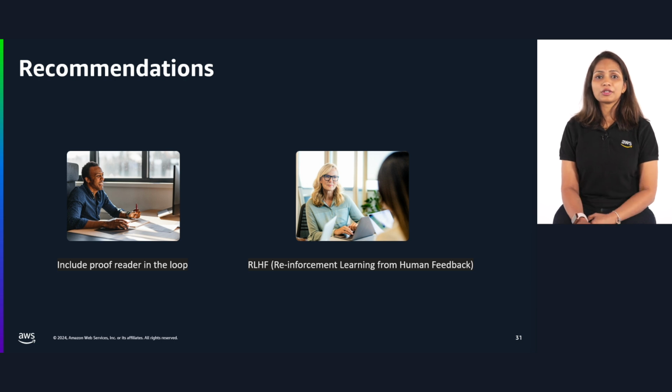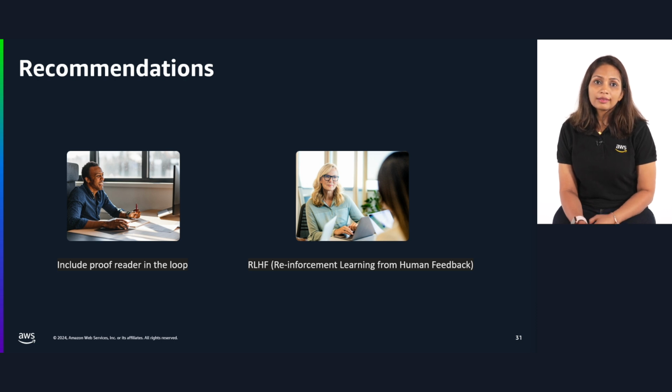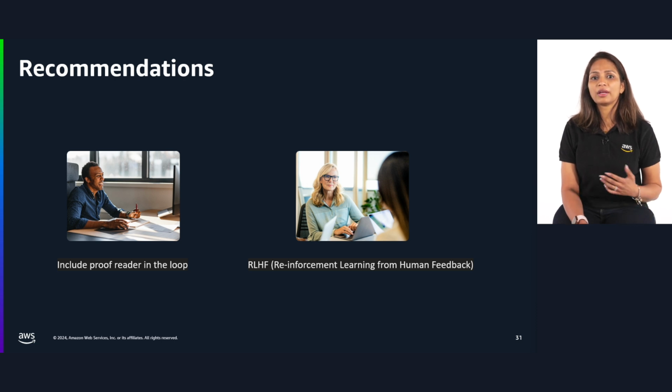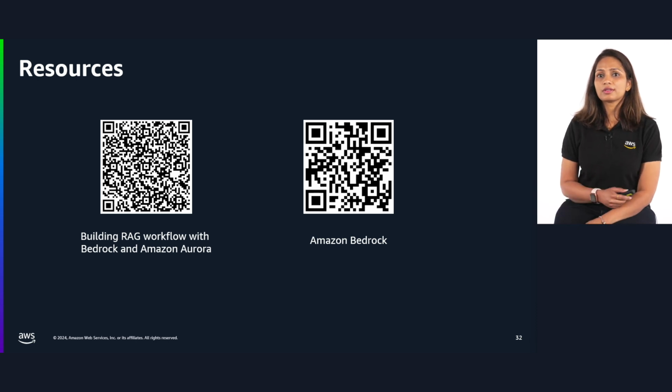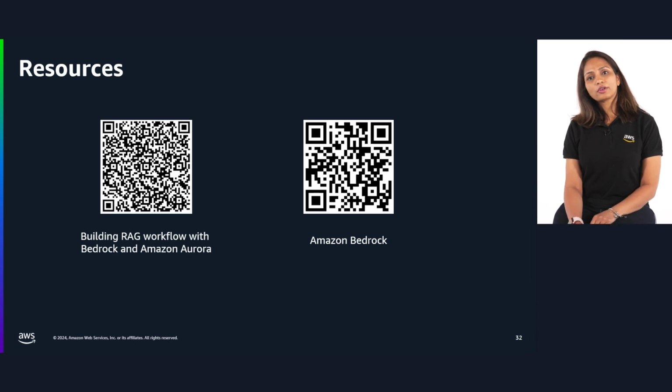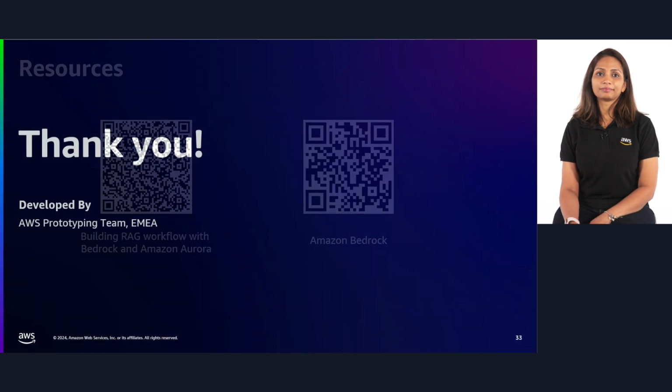The other recommendation is to implement reinforcement learning from human feedback, RLHF, which uses human feedback to optimize ML models to self-learn more efficiently. This involves generating customer-specific writing style using ranking system output for different style options for articles. This method may take some time but potentially generate better custom models with better and more consistent style. Here are some of the resources that you can refer to learn more about Bedrock and implementing RAG patterns.